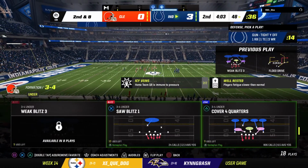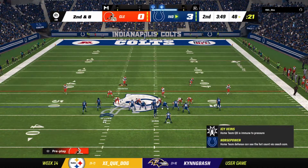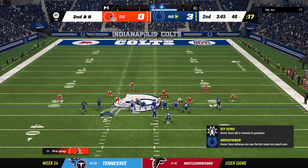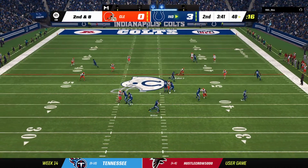Oh, it's time to give a little credit there to the defense. They played that very well because it was a drag route, and he ran a little shallower than normal as he worked straight across the field. He was hoping he'd get lost behind the defensive line, but once he made the catch, nowhere to turn upfield